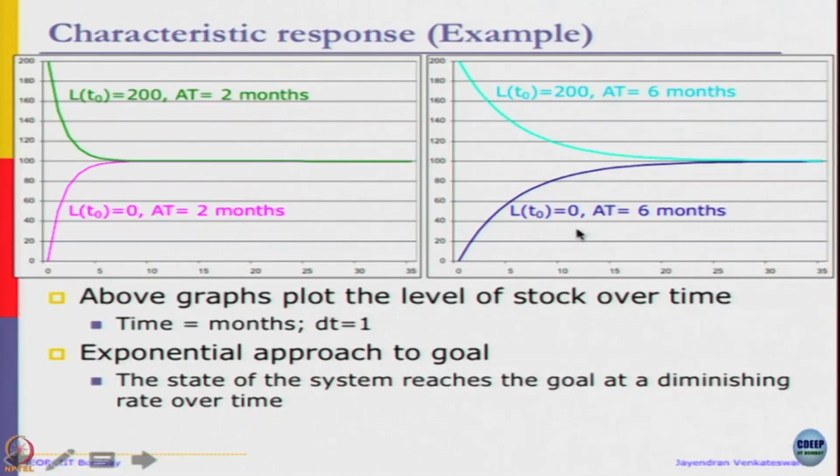As adjustment time becomes longer, it is going to take even longer to reach your goal. That is what these graphs are telling us. But as each adjustment time passes, we will be adjusting about 60 to 65% of the discrepancy. An exponential approach to goal happens, the state of the system reaches the goal at a diminishing rate over